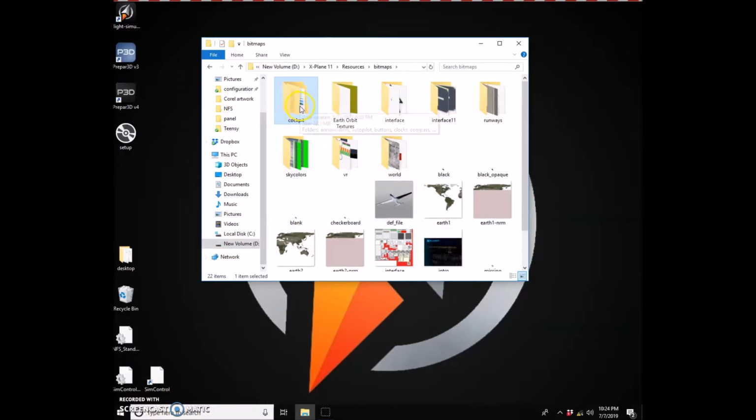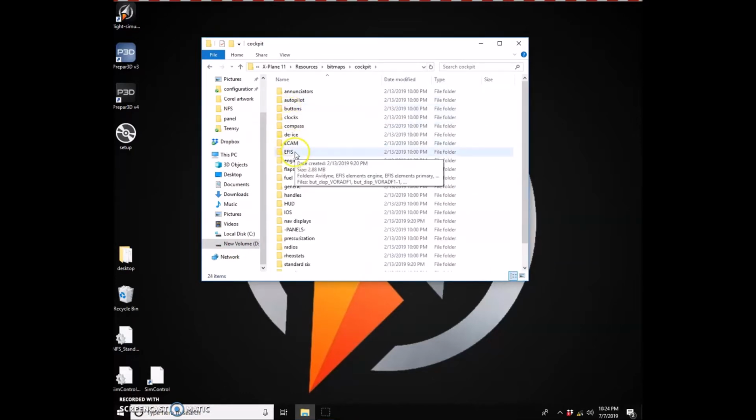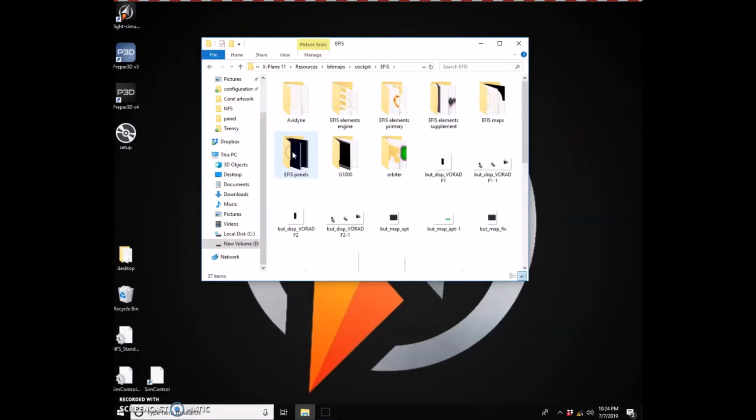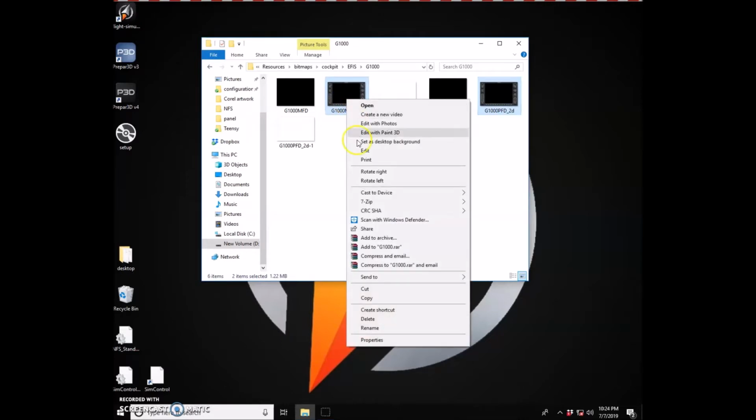And then you're going to look for cockpit, EFIS, G1000, and you should see these 6 files in here. Now you want to copy the one that says MFD 2D, and then a control select for the PFD also. And then you're going to copy these,